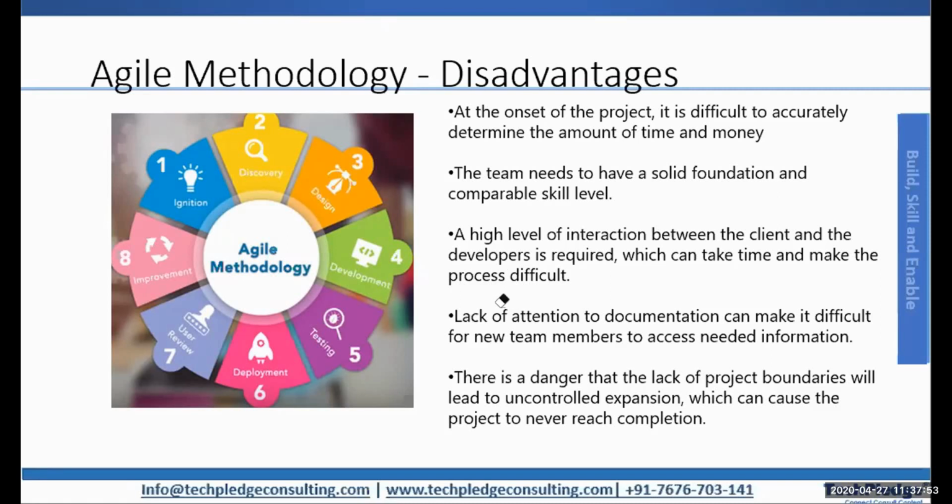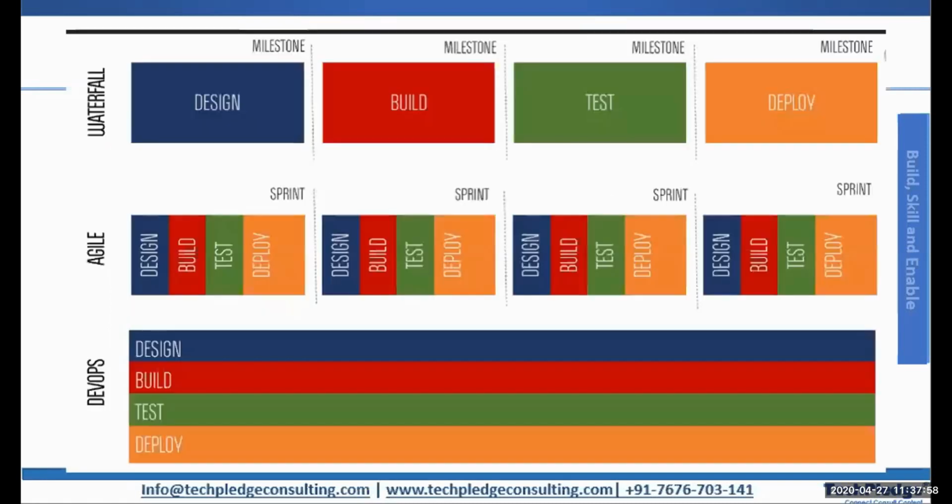We still follow this. However, we are rapidly moving toward DevOps. So you see, this was the method we traditionally followed: design, then build, then test, then deploy. Correct? These were the milestones. Then Agile has its own milestones. In Agile, milestones are called epics. Right? So in an epic, every phase would be called what?